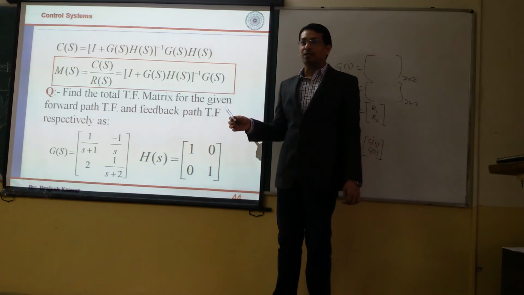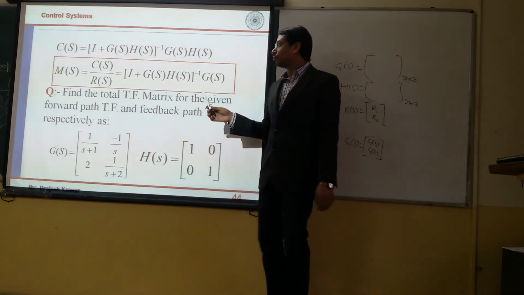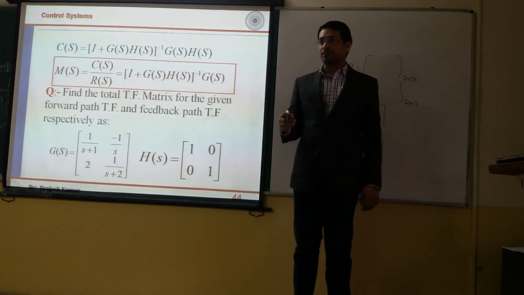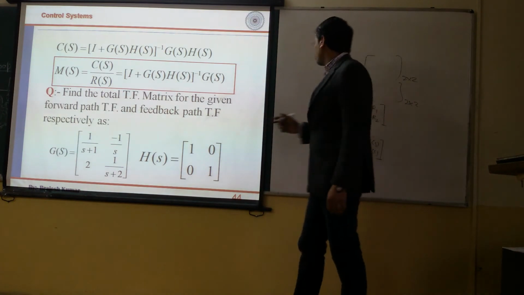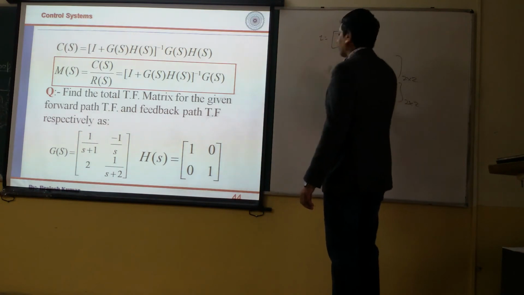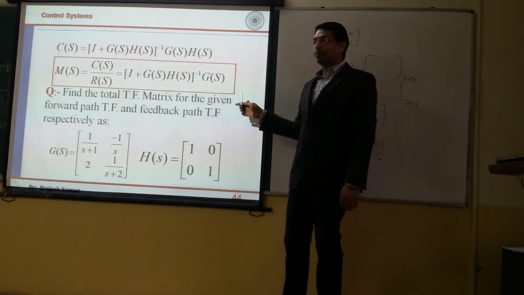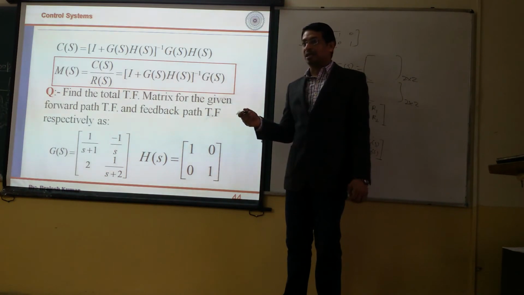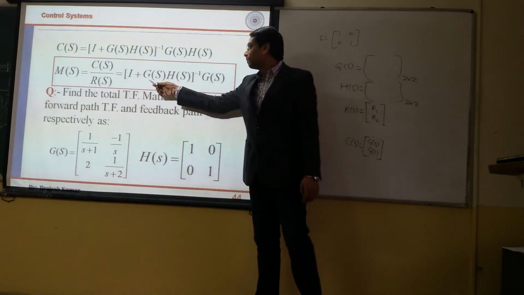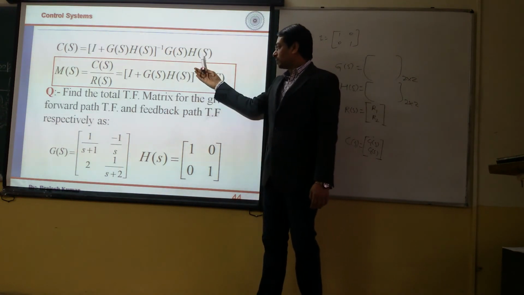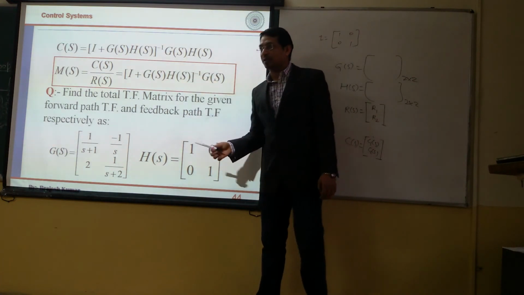But since here you are dealing with matrices, if you take that particular term common, you will be left with the identity matrix of corresponding order. Okay. If your system is 2 cross 2, you will get an identity matrix like 1 0 0 1 and likewise. So for a multiple input, multiple output system, if somebody asks you to provide the transfer function matrix, you are going to use the same formula: I plus G(s)H(s) inverse, multiplied by this, because in the previous case it was divided by that, and here I have taken it upside.